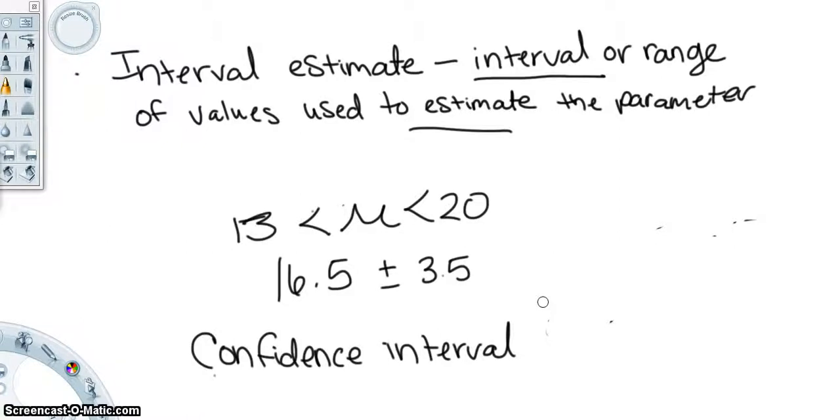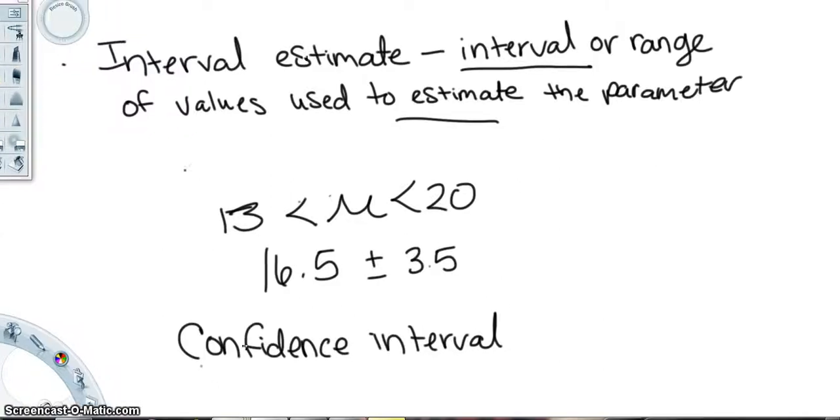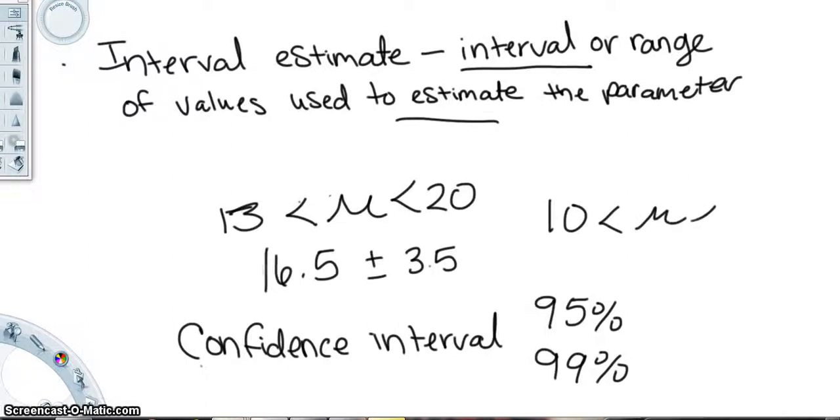So instead of having a 95% confidence interval, if I'm looking at this with my 95% confidence interval, and I need to look at a 99% confidence interval, I need to widen my interval. So instead of having between 13 and 20 years old, I might switch it between 10 and 22 years old, where we could have a student who is close to 22 or 10, and then my mean would definitely be between here. My parameter would definitely be between these two numbers.